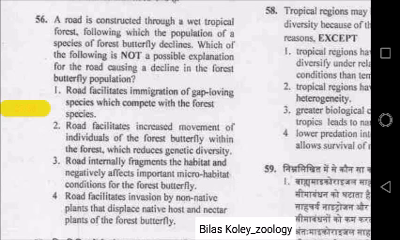Now we will discuss question number 56. A road is constructed through a wet tropical forest, following which the population of a species of forest butterfly declines. Which of the following is not a possible explanation for the road causing a decline in the forest butterfly populations? And the options are: road facilitates